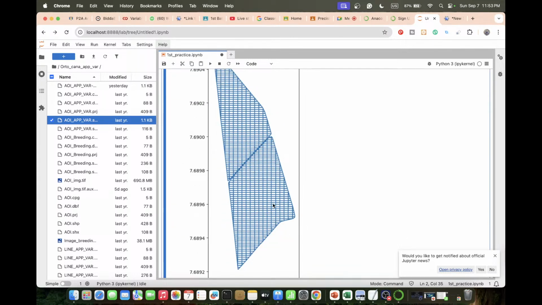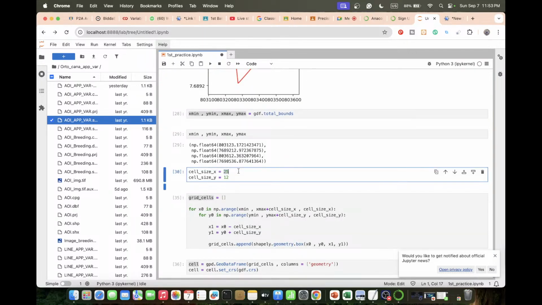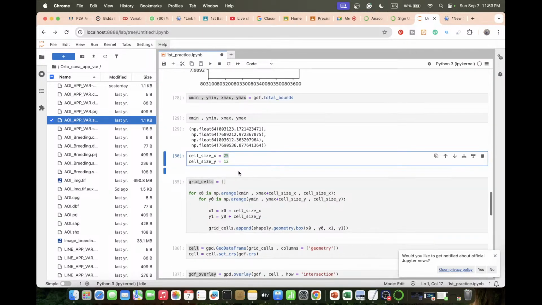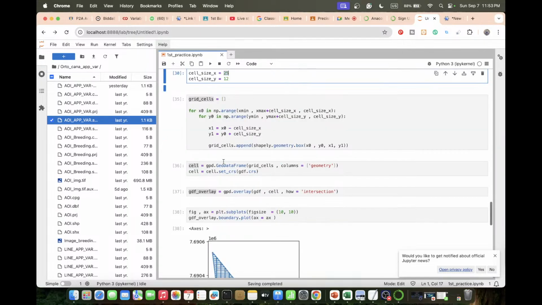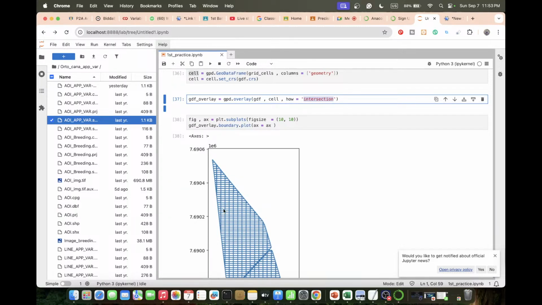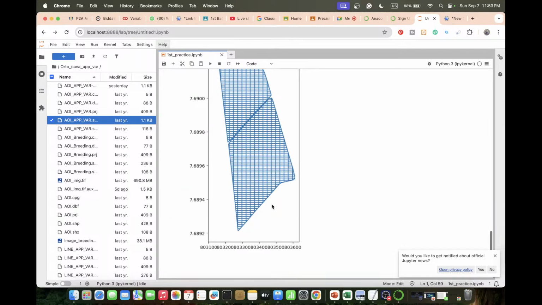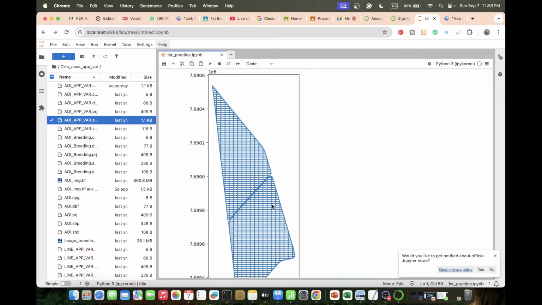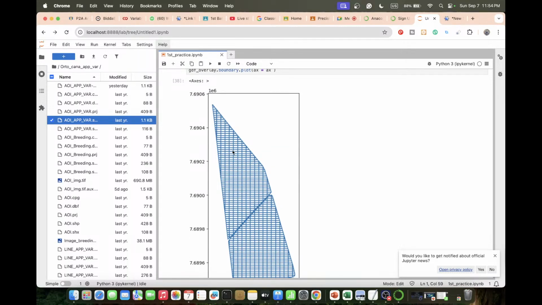Okay, we created some plot. We put the range for the x-axis 25 and also y-axis 12, and we just create the intersection. So that's the reason we find the plot only within our boundary, not outside of the boundary. Okay, so this is the way we can easily create the plot, and why it is needed in precision agriculture, because it's called the